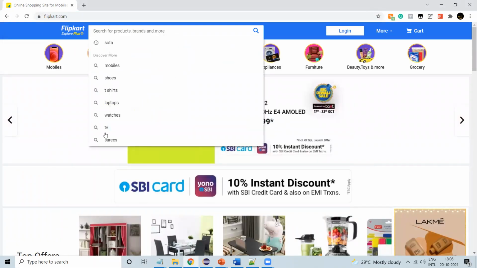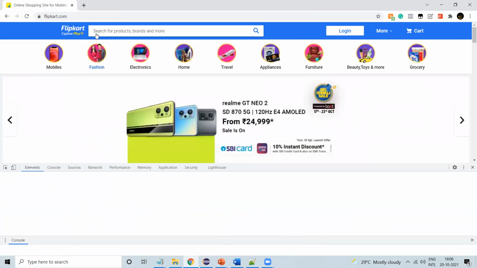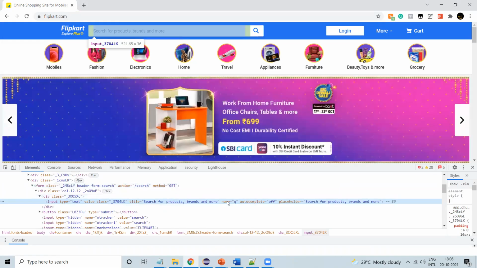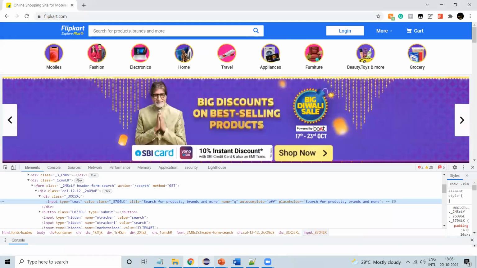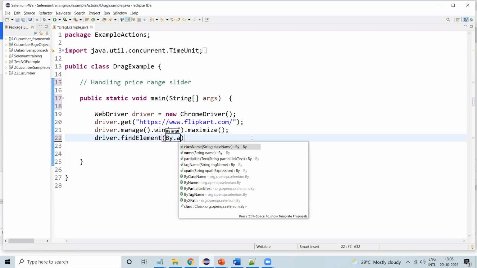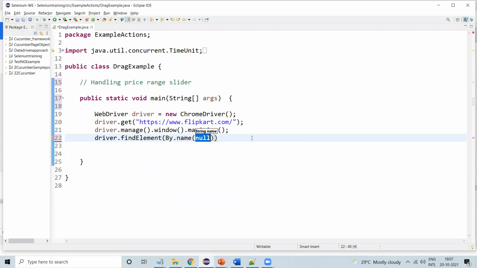I will inspect the element. We can use name equal to q over here. So I'll use driver.findElement(By.name("q")).sendKeys, and I will add "sofa".